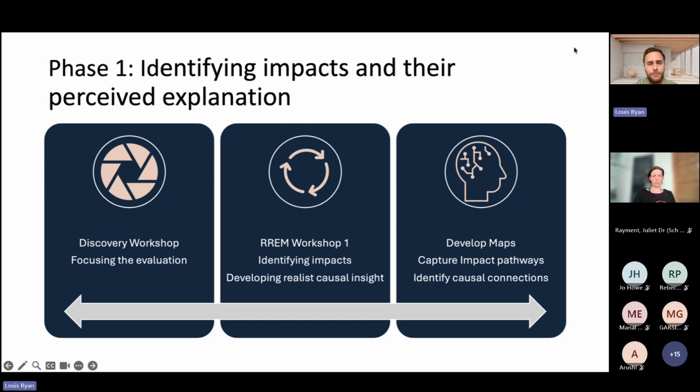The first workshop, so what we would tend to do maybe over a 12-month period, say we did a workshop every 3 or 4 months, the first workshop, we would go and do that mapping exercise. Okay, what has happened? What did it lead to? We then look to identify those impacts and use those conversations that we have with people, digging deeper as to why those ripples are happening, why those impacts are leading to other impacts, or maybe why they're not leading to other impacts, and use that to help us develop that realist causal insight.